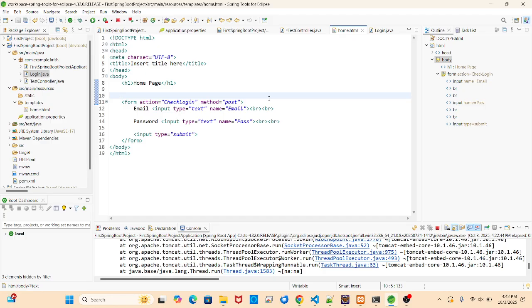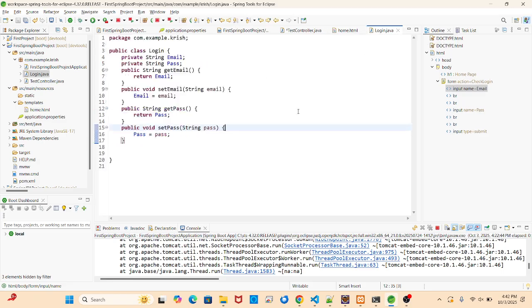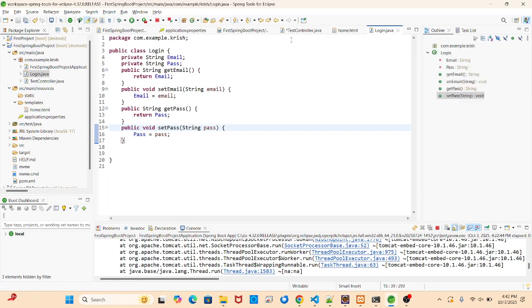Check login, it's directly going inside the submit. So if I directly want to link this name part to the model attributes, where my get email method will get it, basically the getter attributes, correct? So can I check like that here, in a controller?